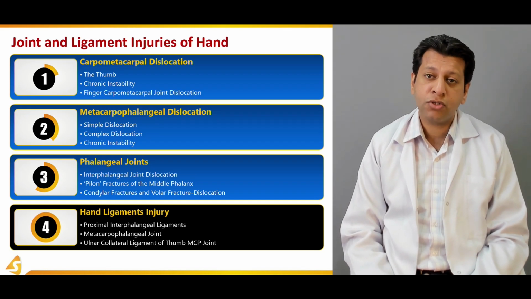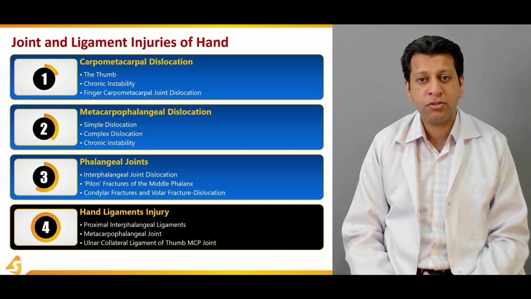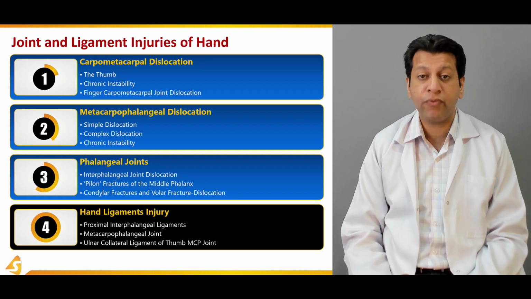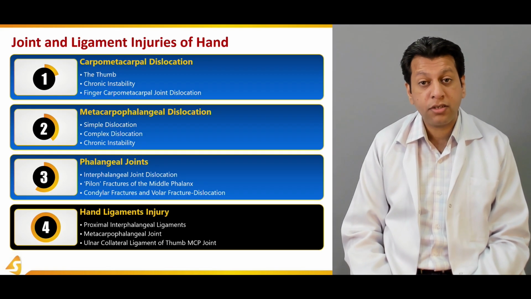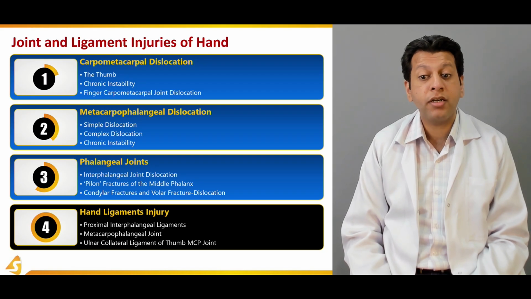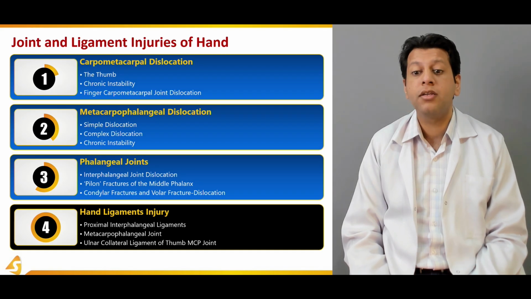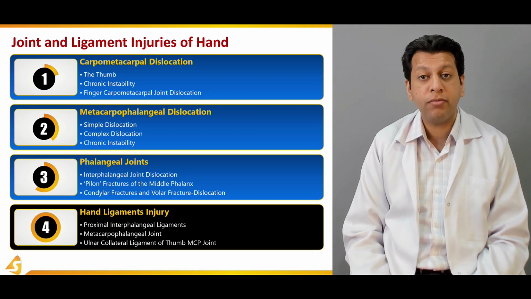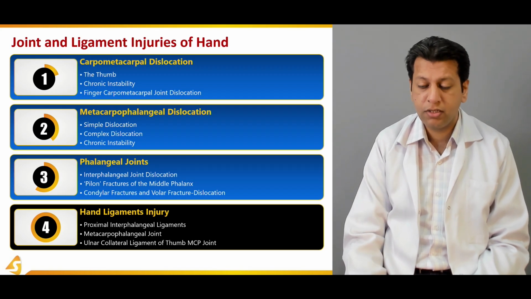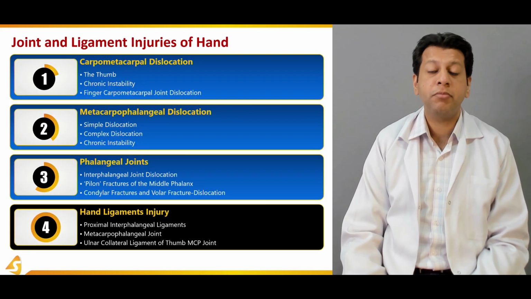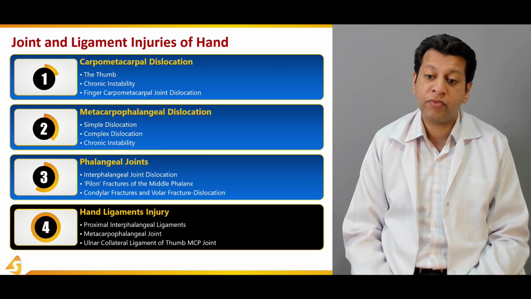But sometimes it's not only the bony injury. The x-ray looks everything normal, and there are isolated ligamentous injuries, which are very common as well, especially in the hand. In this section, we will briefly discuss the proximal interphalangeal joint ligaments, which can get ruptured and injured. Then the metacarpophalangeal joint, what ligaments are involved and how they can get injured. And then lastly, we'll be discussing a very important component, the ulnar collateral ligament of the thumb at